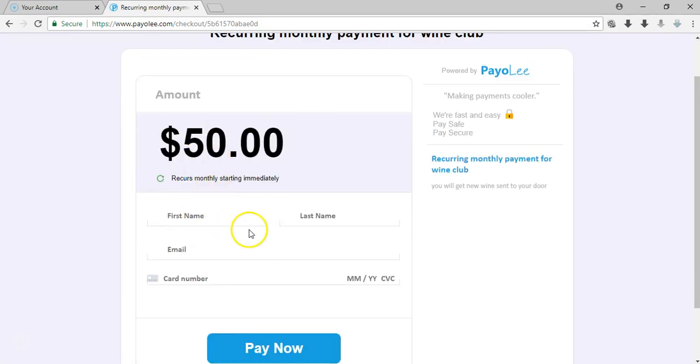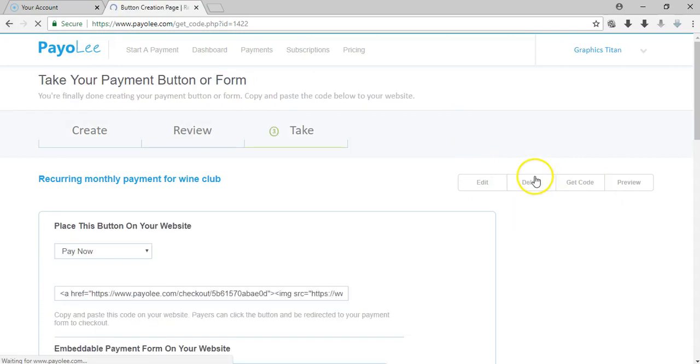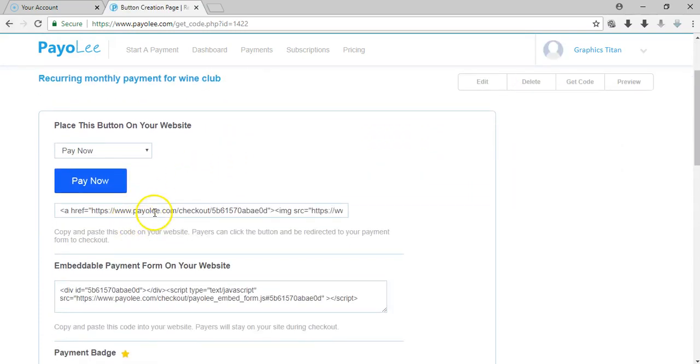The payer pays here, and once they pay, they basically start that plan, meaning that every month they will be billed $50. If we click get code, this is the page that gives you the code to place on your Squarespace website. So you have a buy now button, a pay now button, a donate button, or